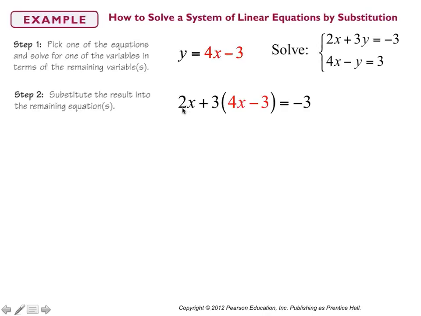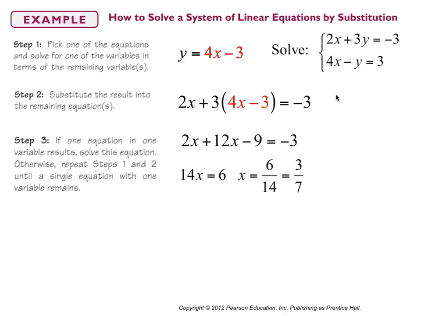So I'm going to take my first equation, 2x plus 3y equals -3, and substitute 4x minus 3 in for y. So I have 2x plus 3 times (4x minus 3) equals -3. And if one equation in one variable results, which it should, we want to solve this equation. Otherwise, we need to repeat steps 1 and 2 until a single equation with one variable remains. So in our case,